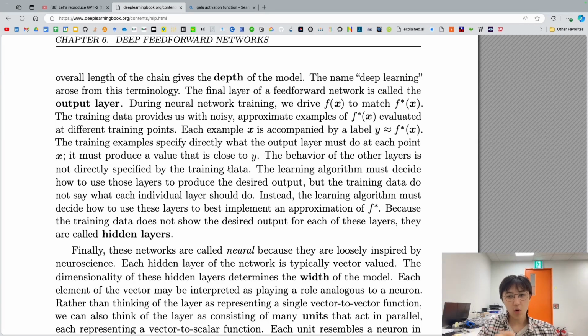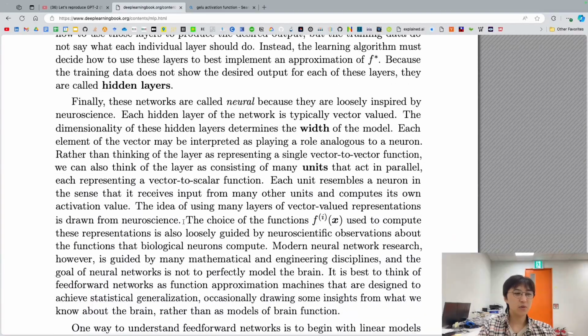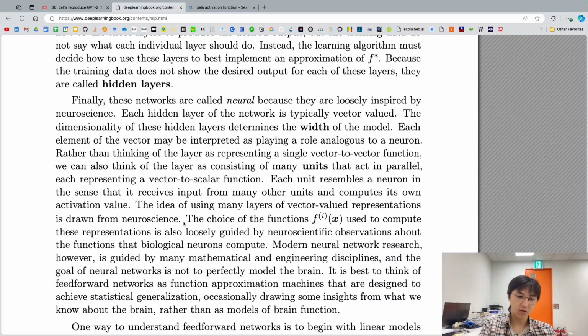Okay, we covered feedforward. We studied what deep means, and we studied networks, and let's talk about neural. So, we call them neural networks. Why do we call them neural networks? Because actually artificial intelligence and this kind of multi-layer perceptron is inspired by neuroscience, and it